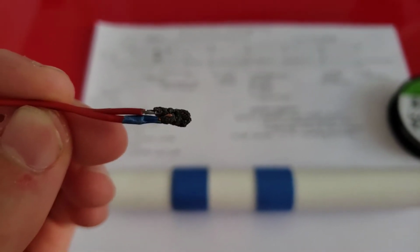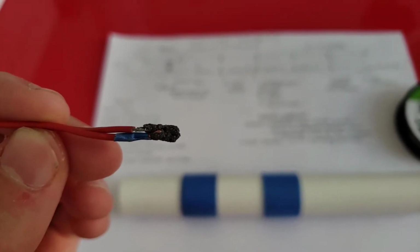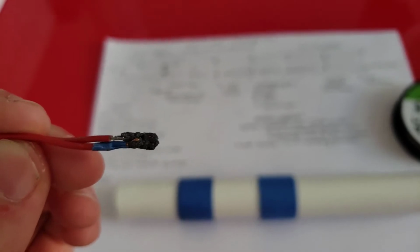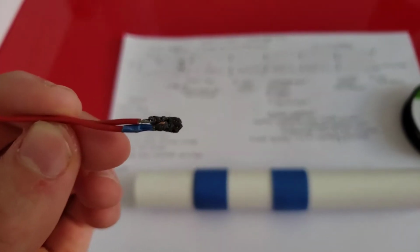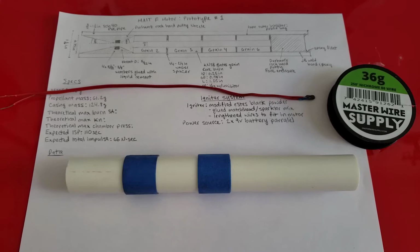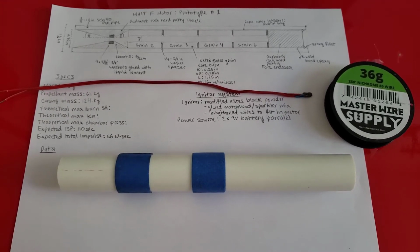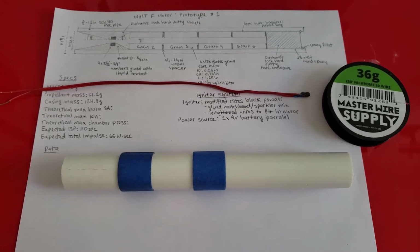There we go. And so basically I just ground up some sparkler powder and some match head powder, and I made it really fine and glued it onto the end of the nichrome wire that's attached to the end of the double wire. One other thing that we were thinking about was safety, and we sort of determined that our setup